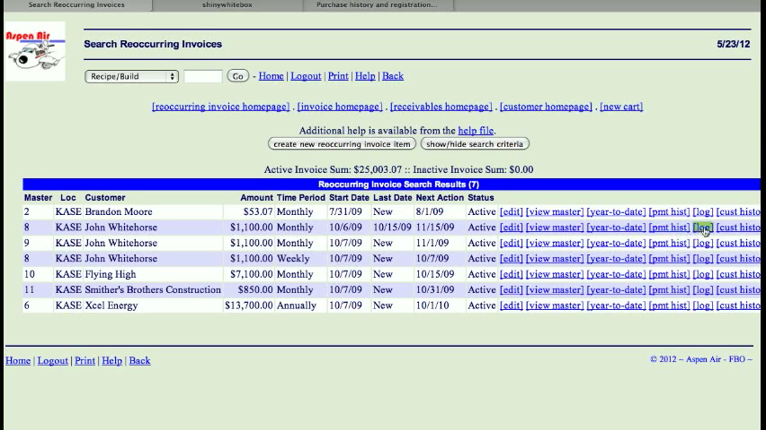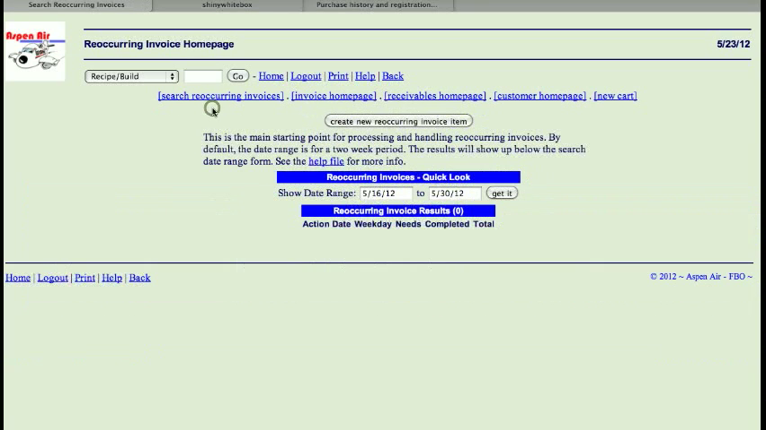You can also go to the log for that client if you want to put some log notes in, or you want to record a status update on that client. You can also look at customer history, which will give you a breakdown of anything that's happened within that customer history. So once again, I was on the Reoccurring Invoice homepage, and to show you some data, I just backed it up,